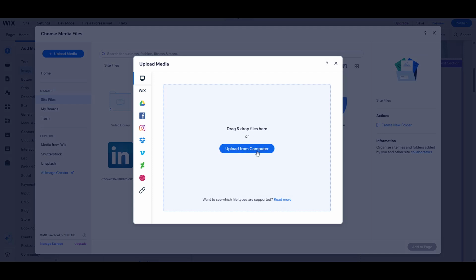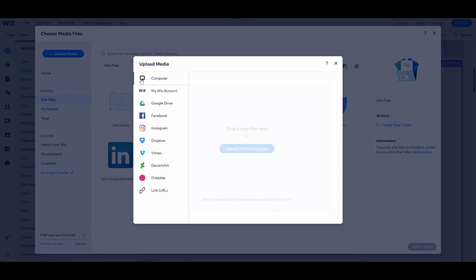Now, you have a decision to make. Where do you want to select your media from? The beauty of Wix is its flexibility. If you have an image saved locally on your computer, choose Your Computer. This option will open up a file browser window, allowing you to navigate through your folders. Simply find the image you wish to use, select it, and we'll be just a step away from adding it